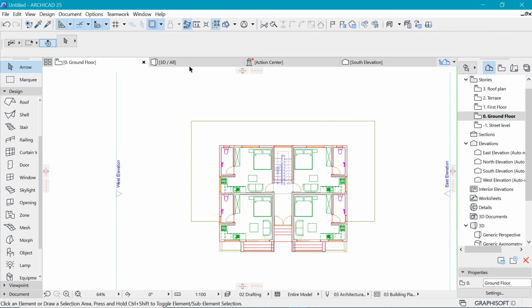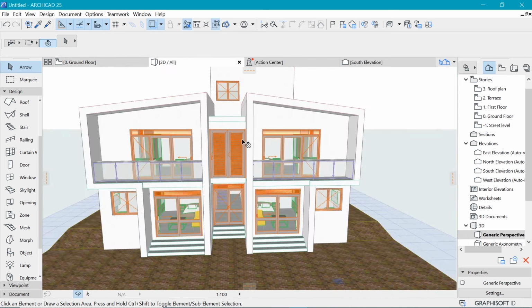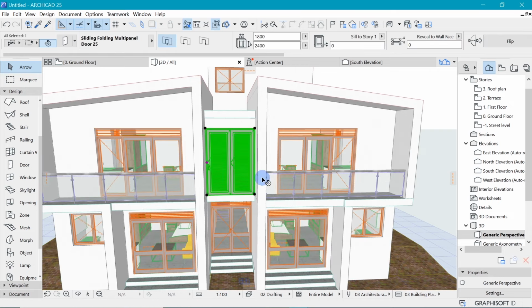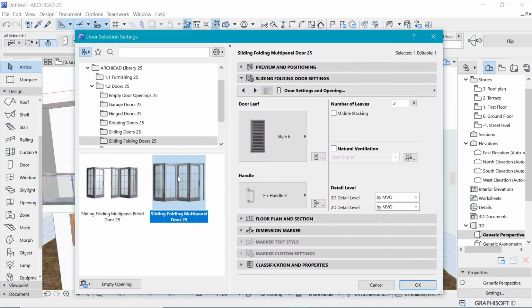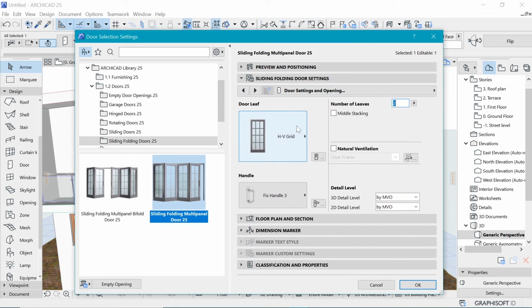and you enter the house, which is kind of cool. And then finally, before we leave, the other thing that I did notice is that this door, we can make it a little better such that it looks good. Let's choose another type of door. For example, we will make it a single door, a single pane door, and I'm going to make it an HV grid instead. And then of course it's going to be 2 leaves since it's a folding door,